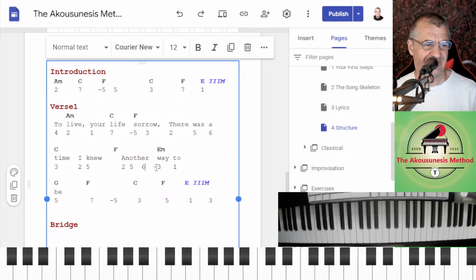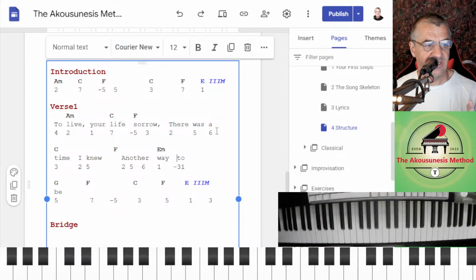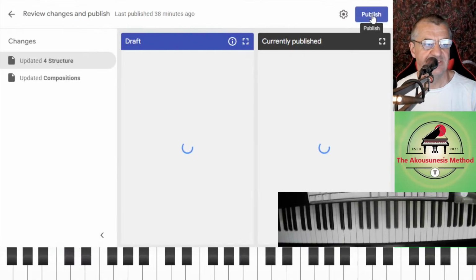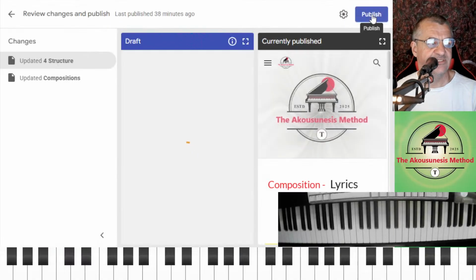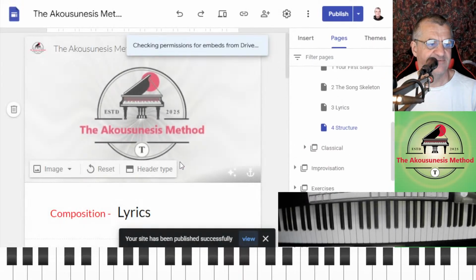Just swap these around. I think that will work a bit better. Way, and then a -3. All right, so we'll try that and just practice that for a little bit. Just publish that. You don't lose anything with it. It does a save anyway, even if you don't publish it.